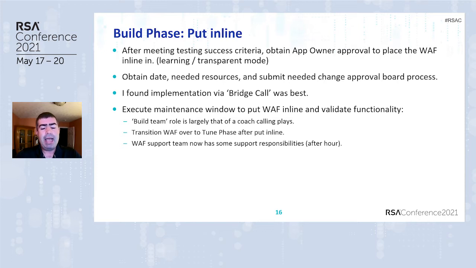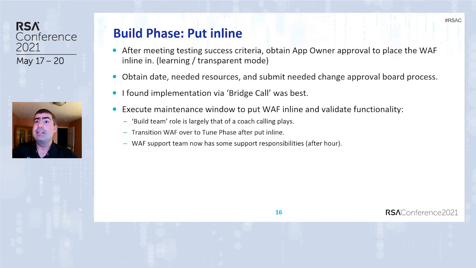Now, in my setting, I did not have ownership of the DNS, and we use DNS to push out every one of our WAFs in terms of how we capture the traffic. So when I joined a bridge call, it was kind of simple. I was kind of the coach. I'd start the bridge call, I'd ask for a go, no-go decision. If we were a go, I'd ask the DNS team, can you please change the DNS resources? We'd wait until that replicates. I'd validate that both on a corporate machine as well as a personal device.